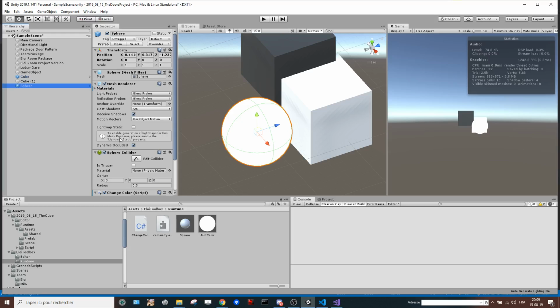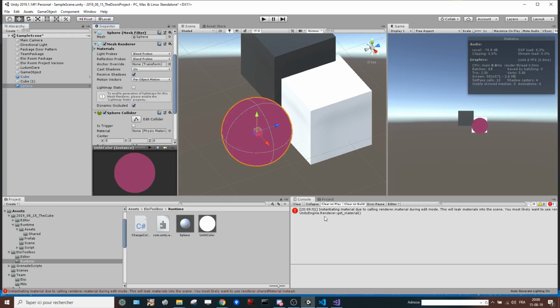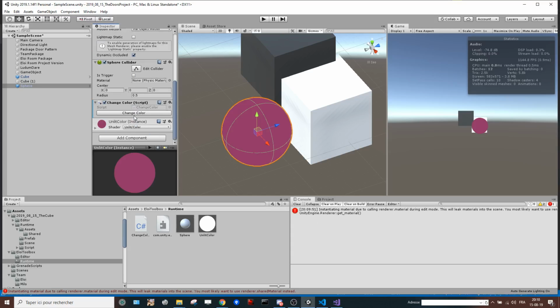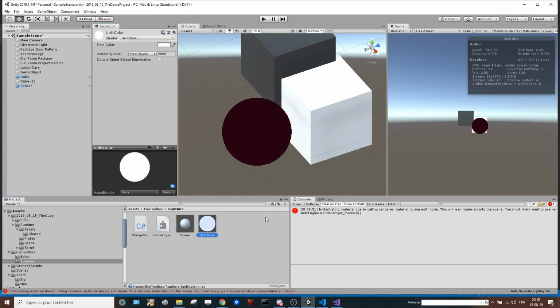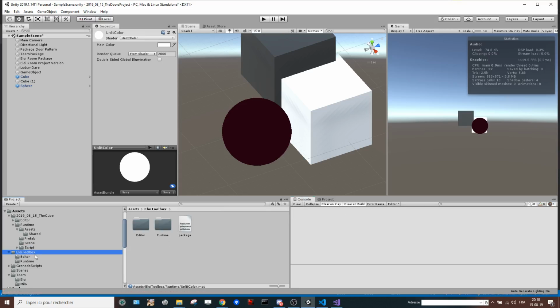Yeah. And now when I click, it still makes some do editor mode. It will link material into the scene. It's most likely to choose. We don't care, I think. Ta-da! Okay, so now that we have that, it's cool, but we want to give it to my friend that